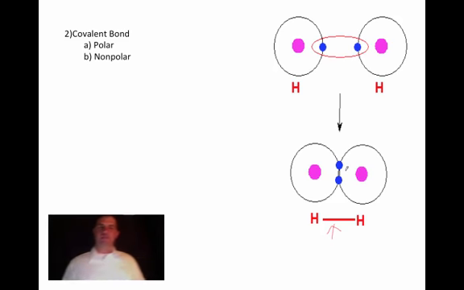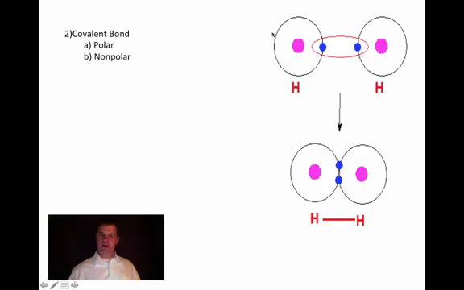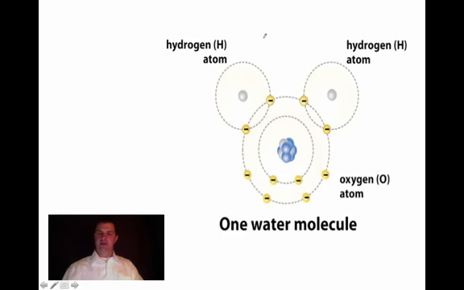And we'll divide the covalent bonds into 2 types: polar covalent bonds and nonpolar. What happens in a polar covalent bond is the electrons are shared unevenly. I'll show you that in a second with water. In a nonpolar covalent bond, the electrons are shared equally between the 2 atoms, so none of the hydrogens here pull the electron more than each other, resulting in a nonpolar covalent bond. Going back to the polar covalent bond, if you have water, which I'm sure you're very familiar with,